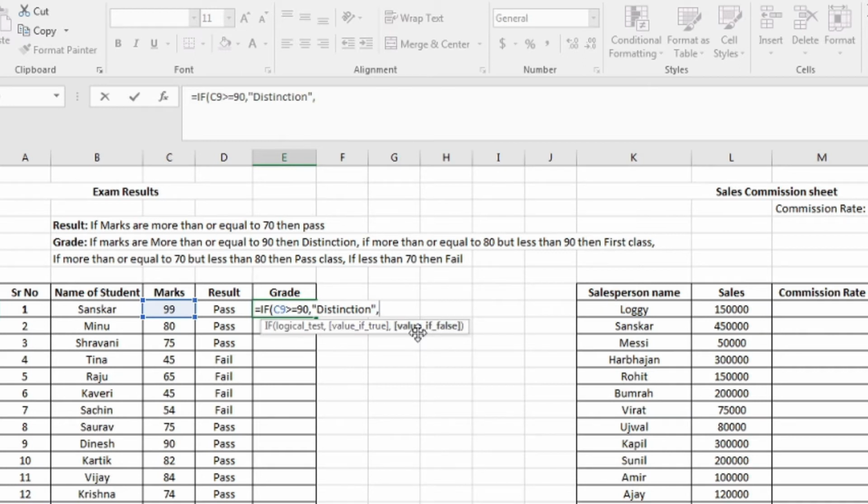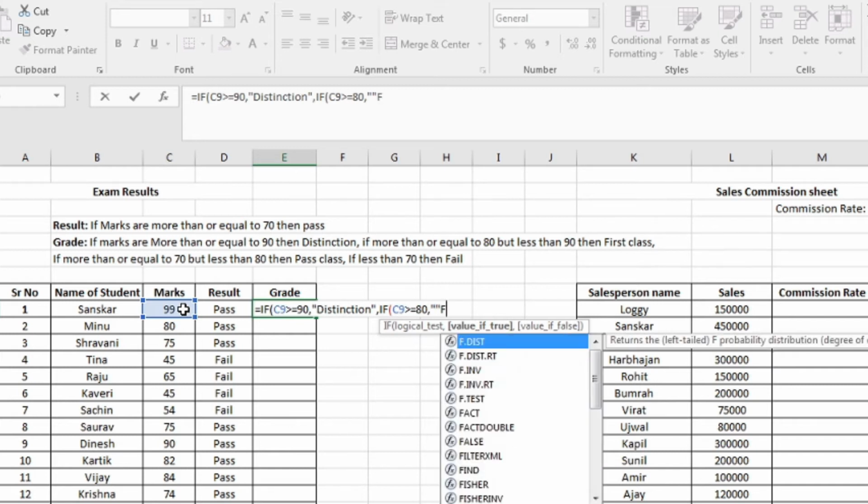then value if false. Here we are going to put another condition, the next condition. So again for that we are going to put IF, and then press Tab. Again for the second test, second criteria, we put a logical test. The second criteria is greater than or equal to 80. So if the marks are greater than or equal to 80, then comma, value if true, it's "first class". So in between double quotes, first class,